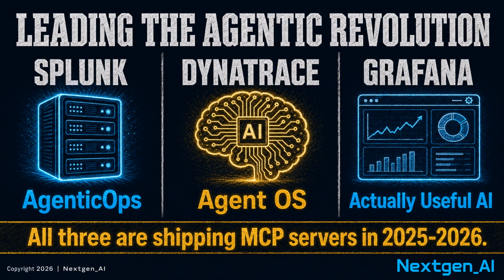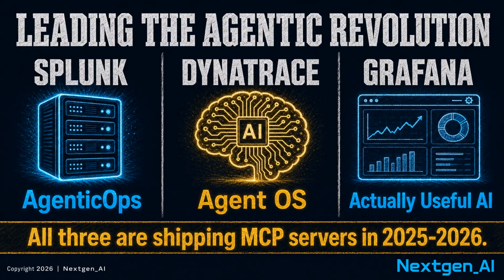In the sections that follow, we will showcase in detail how three industry leaders, Splunk, Dynatrace, and Grafana, are architecting for this agentic future, exploring their unique and differentiated approaches to AI integration, natural language querying, and automated